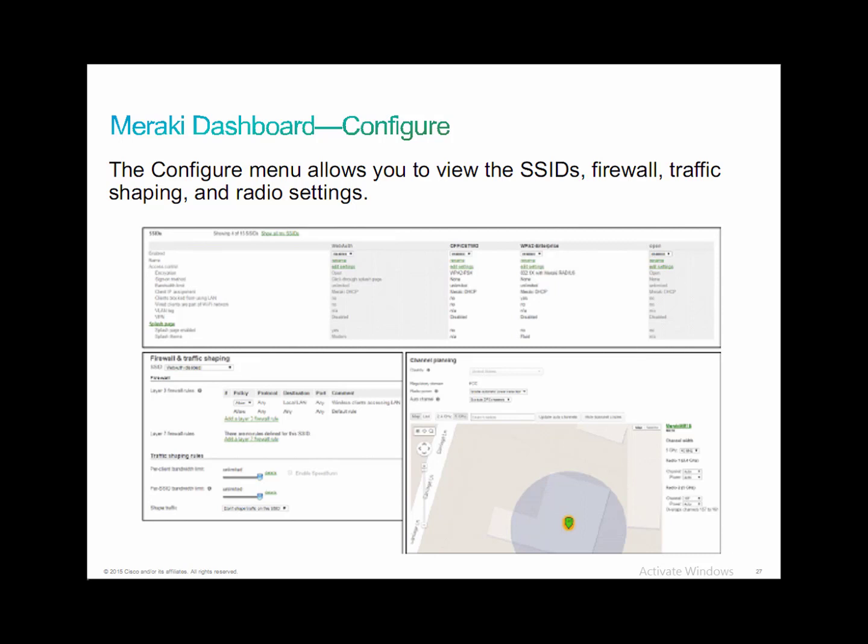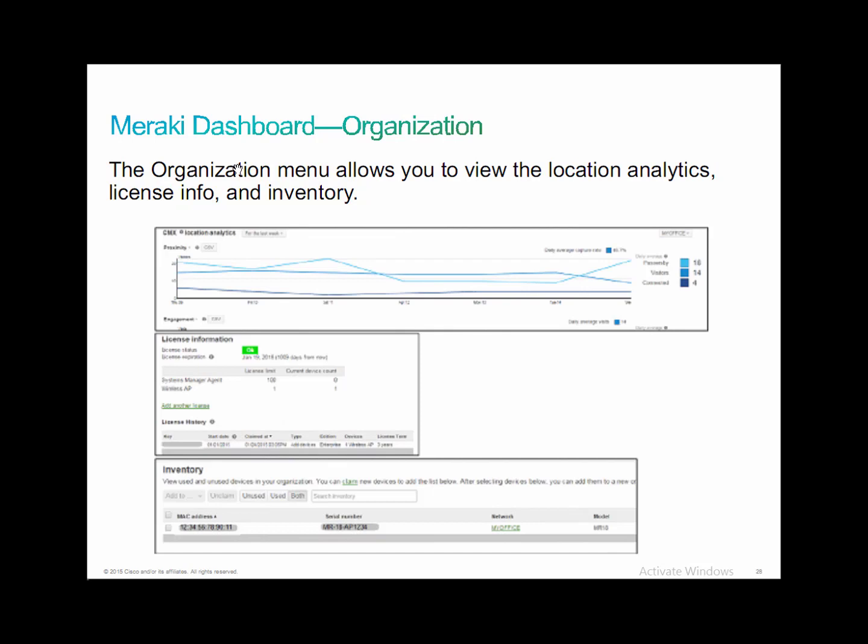Under the organization, you get location analytics, proximity information, like the number of clients near your network, engagement, how long the clients have been accessing the network, or how long are the visits, the loyalty, the number of client visits themselves, licensing information, inventory information, all kinds of useful information in the Meraki